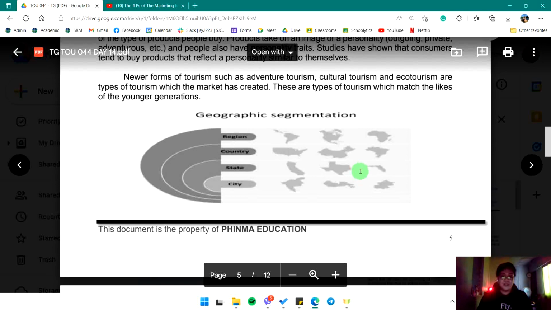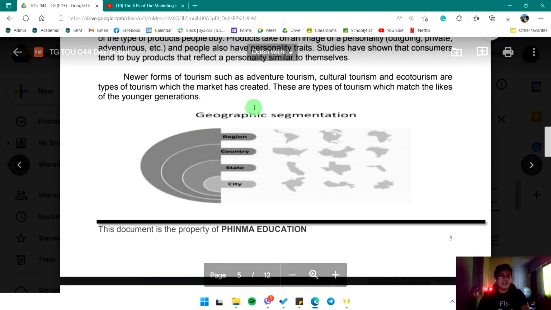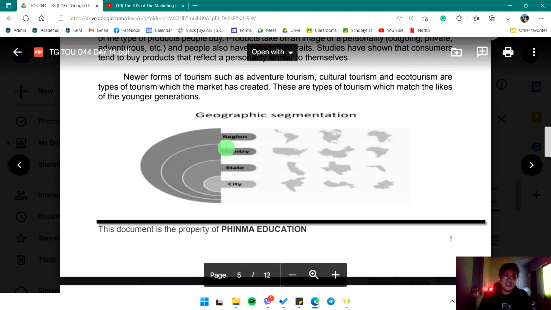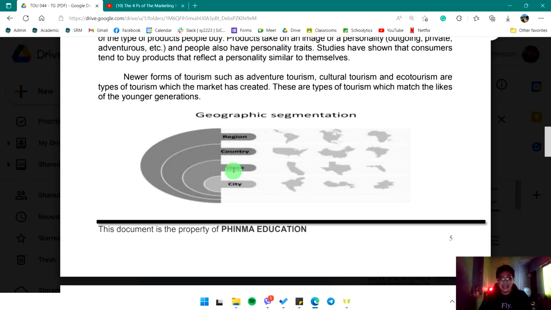Now, we move forward with geographic segmentation, and this is very easy. We just segment them based on their location, kung saan sila nakatira. Based on region, based on country, based on state, and based on city. Like say for example, dito po sa Pilipinas, nakagawa na yung geographic segmentation para sa atin. Nakasegment na yung mga different regions of the Philippines, nakasegment na rin yung different cities of the Philippines, different barangays